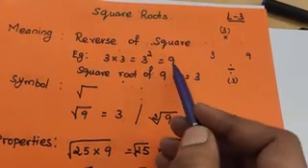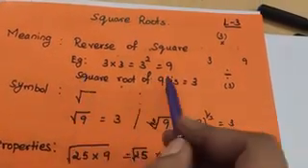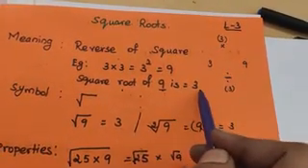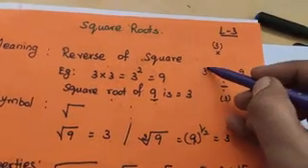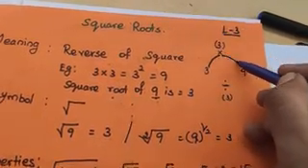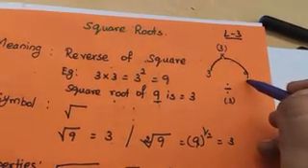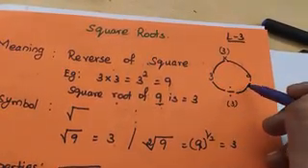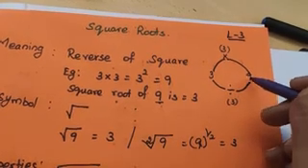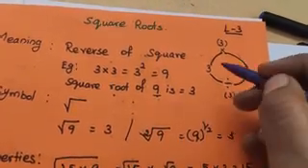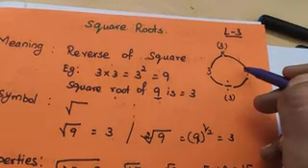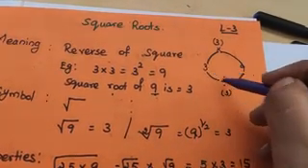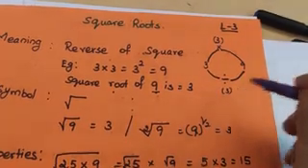Now we are going to do the reverse of this square. Means square root of 9 is what? 3. So when you multiply the same number twice, you will get the square of the value. The same thing, when you divide by the same number twice, if you get the value, then it is the square root, right? So if you go clockwise, then it is the square of a number. If you go anti-clockwise, then it becomes the square root of that number.